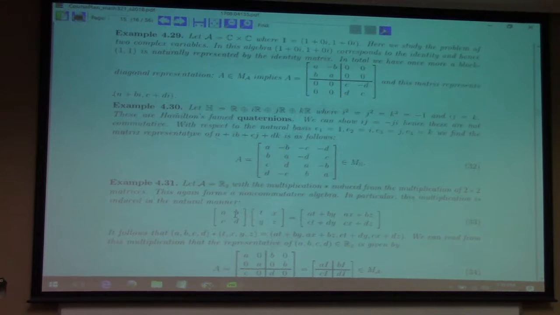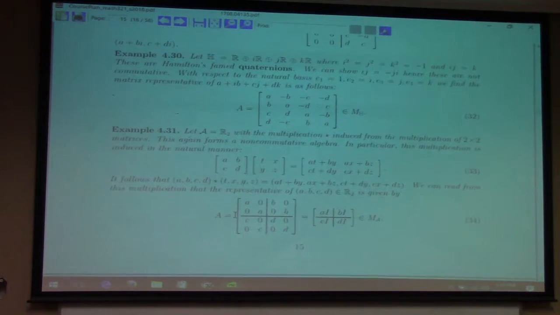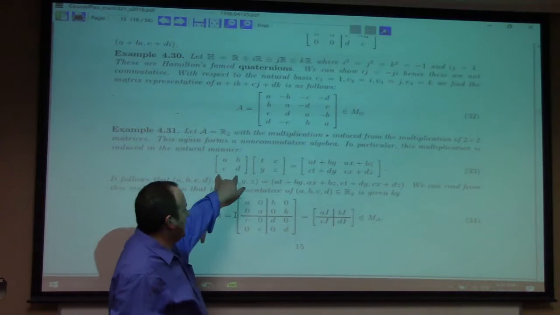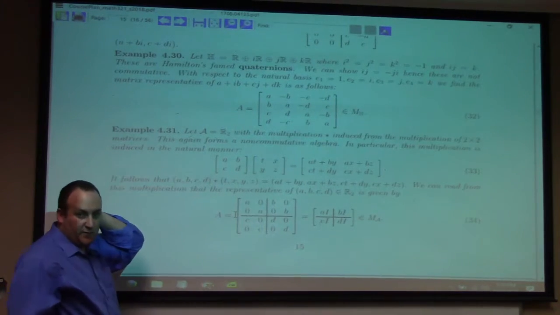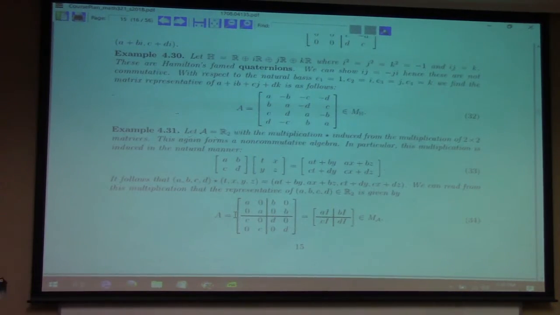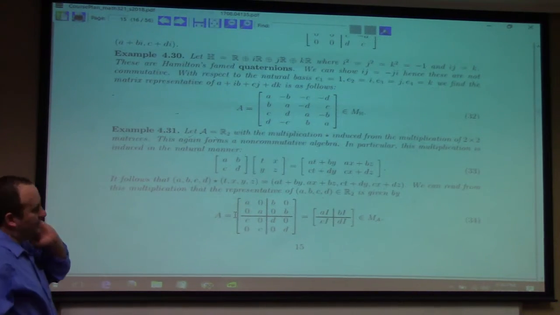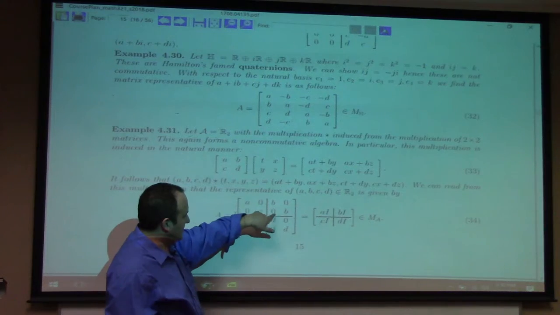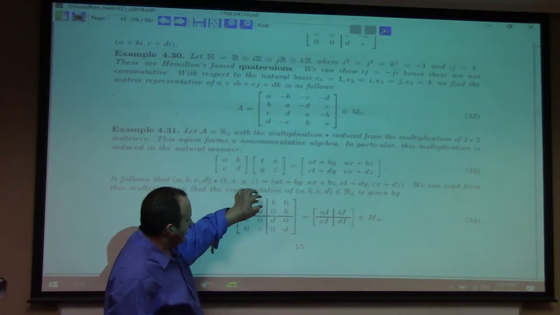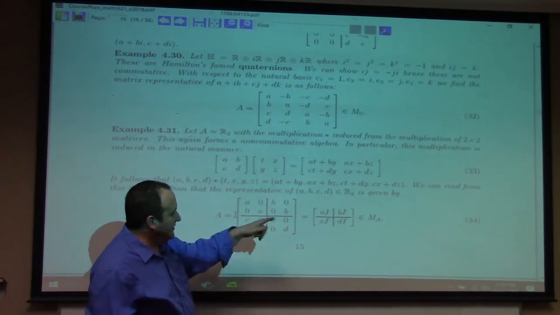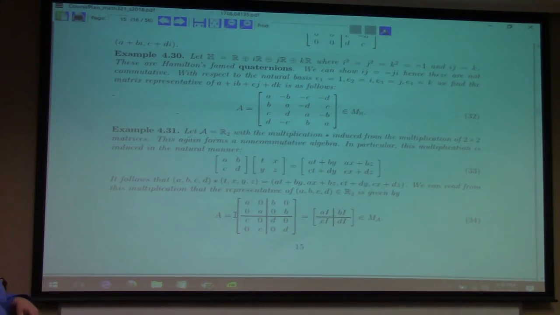There's quaternions. They have the regular representation that looks like that. They're kind of interesting, non-commutative, right? Here's another non-commutative algebra. If you just multiply 2 by 2 matrices, that defines an algebra on R4, the so-called matrix algebra. And the regular representation of that looks like this. It's kind of like AI, BI, CI, DI. You might recognize that as the tensor product of A, B, C, D, and the